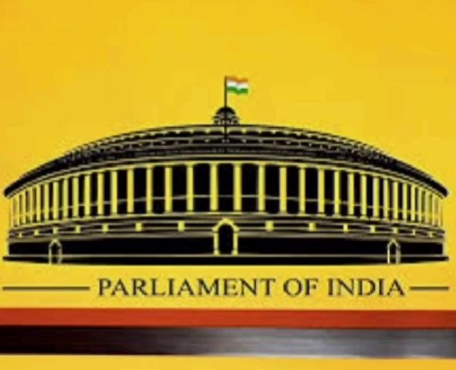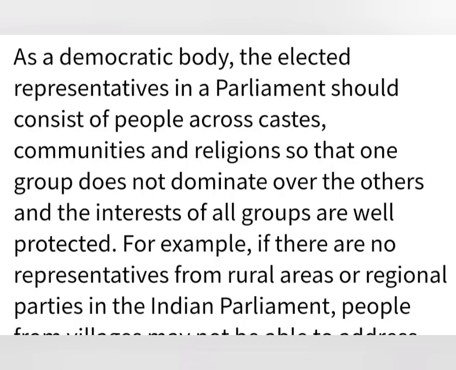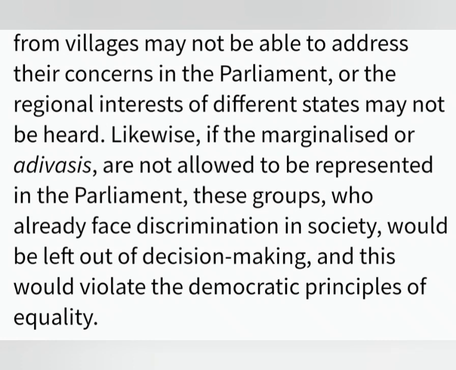regional parties, Adivasis? As a democratic body, the elected representatives in a parliament should consist of people across caste, communities and religions, so that one group does not dominate over the others and the interests of all groups are well protected. For example, if there are no representatives from rural areas or regional parties in the Indian Parliament, people from